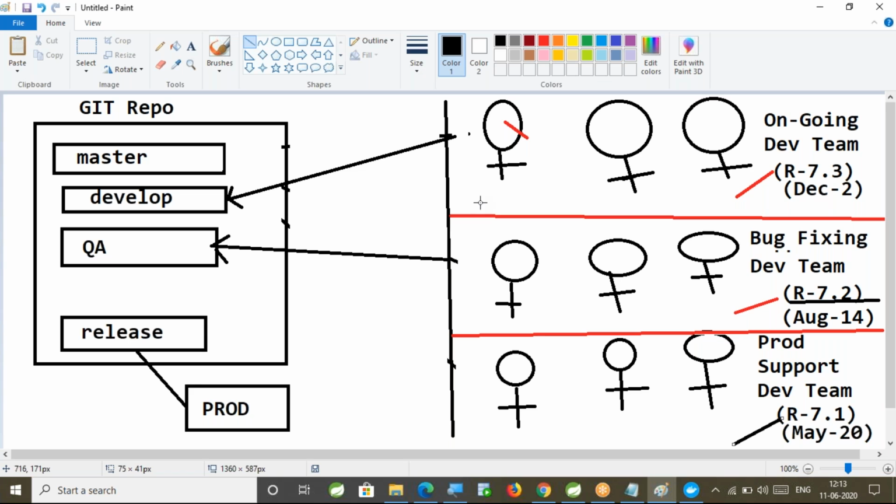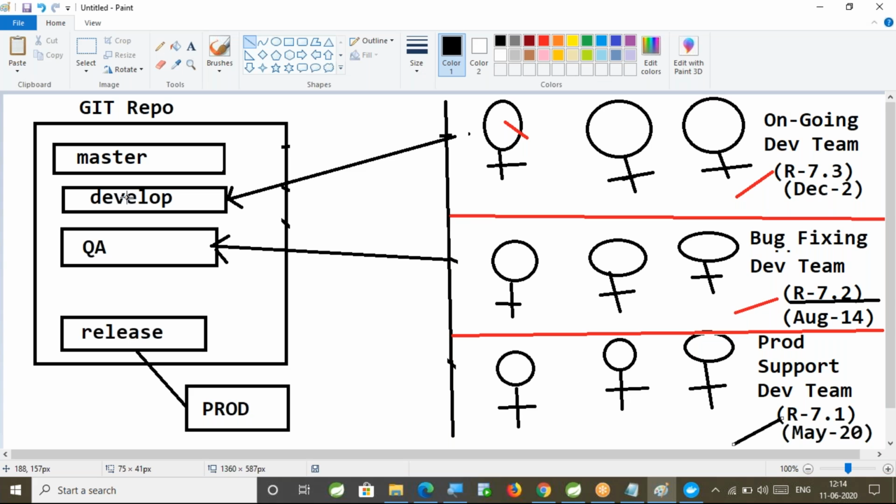Now, one person modified one existing method available in the develop branch. Will it impact anything on release 7.2? No, release 7.2 is not going to be impacted, because for release 7.2 the code is already frozen in QA. From QA it will go to release, and from release it will go to production. So the changes the developers of 7.3 are making will not come to QA or release immediately. Once release 7.2 is completed, the QA branch changes will be merged with the develop branch. They will work on the development part. Are you able to understand this?